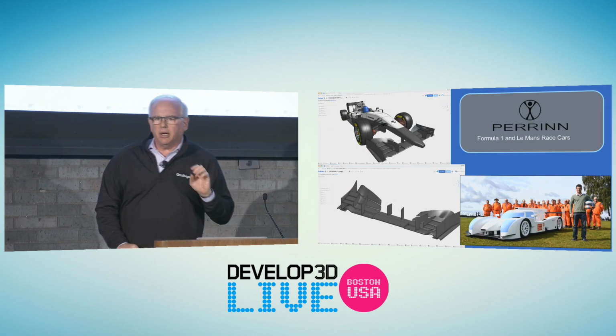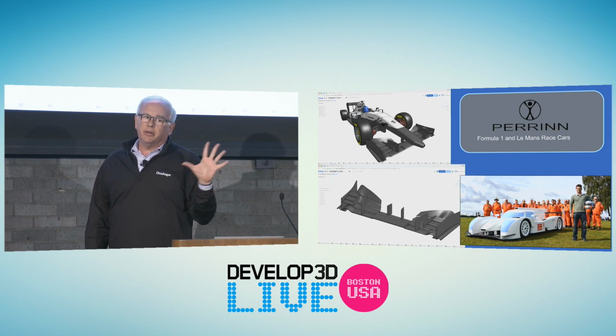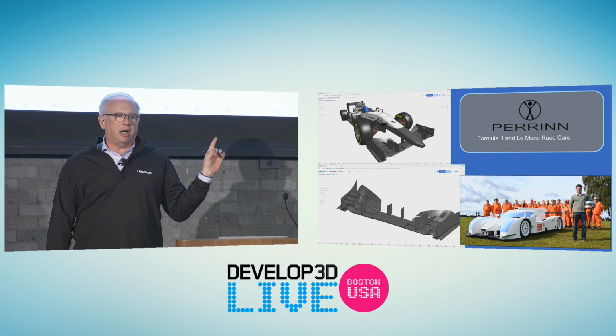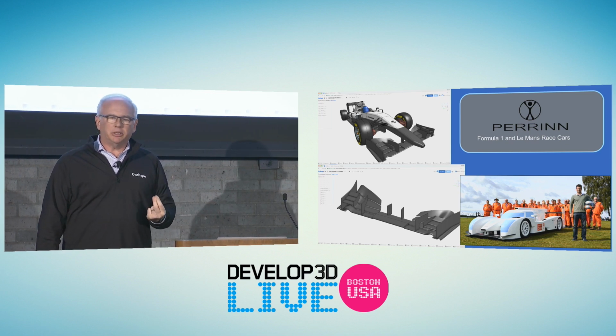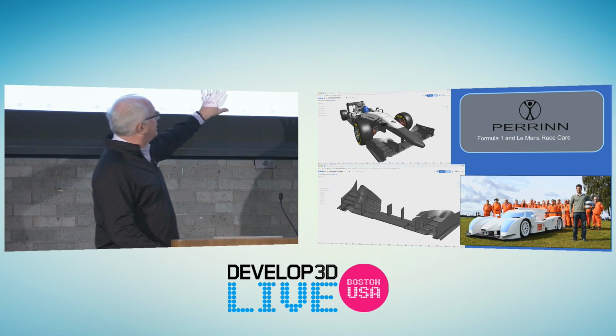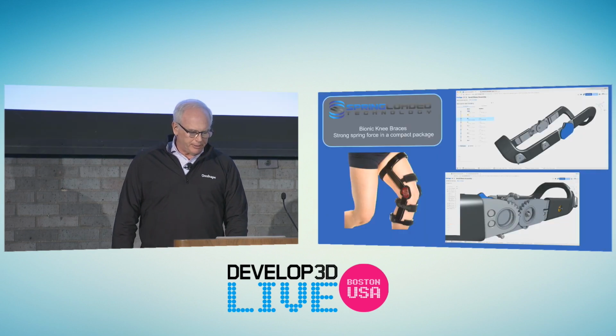This is a racing team that makes Formula One and Le Mans race cars. Yeah, you heard that correctly. This isn't a mock-up. This is a real car. This is a very serious group of people building very complex shapes. This model here, you see all the detail they're putting into the car designs that they're making. We're very proud they've chosen Onshape to do it.